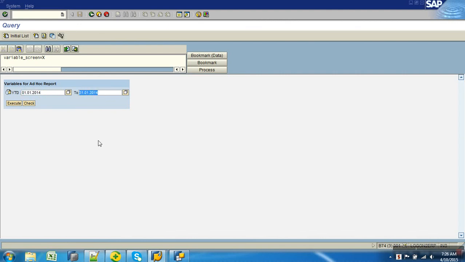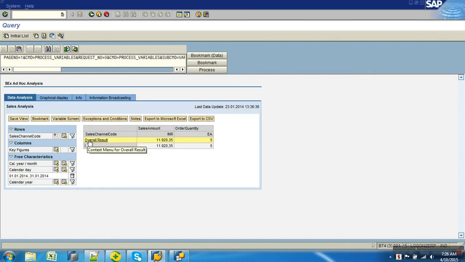I think as per the system date, it is 1st of Jan 2014. And just execute. I know that it might have some data, it may not have, but our focus is on the variable getting the value or not. We are not worried about the data. Okay.